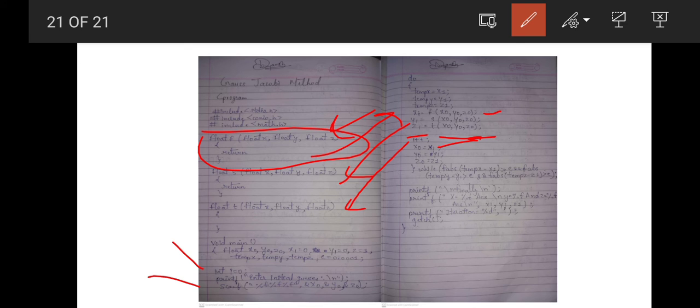The last values of x1, y1, z1 before exiting the loop are the solutions of the equations, and we print our iterations too. So this is all about the C program for the Gauss-Jacobi method.